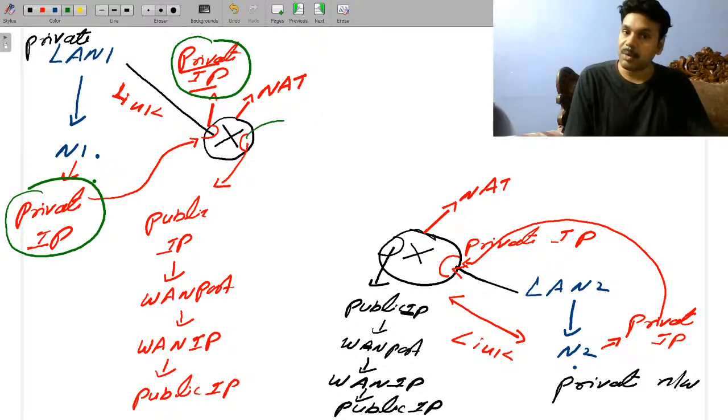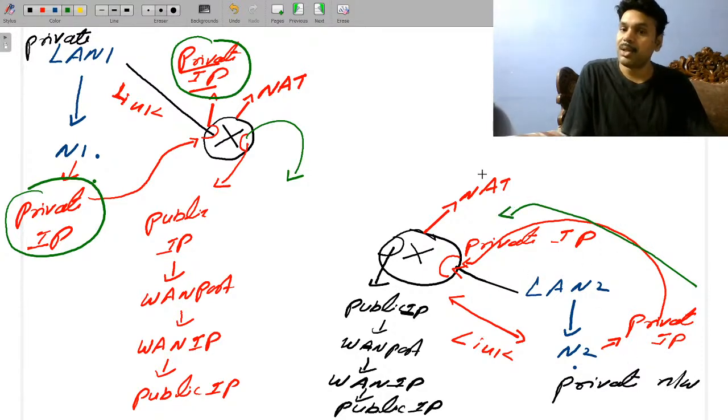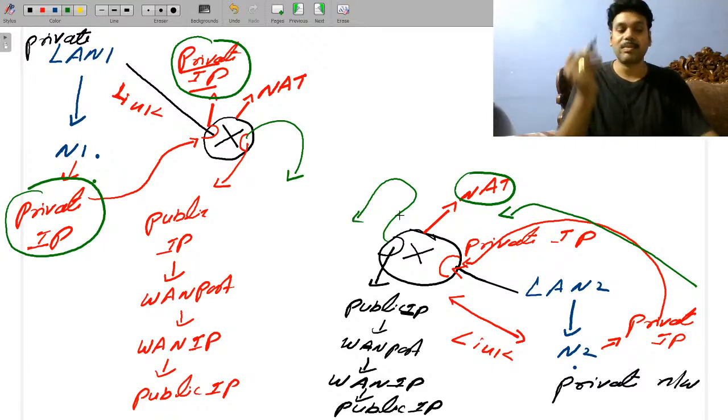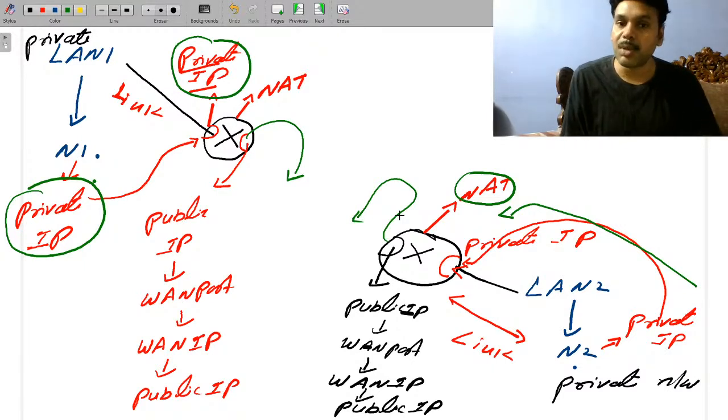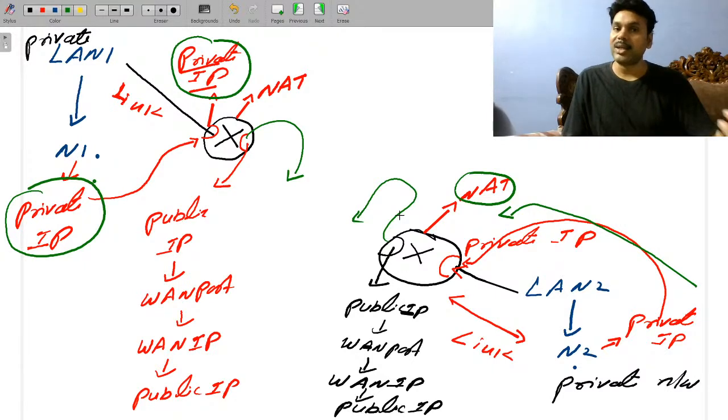Now you have become a public format. Please understand. And here, on this side, we will look at now. He can communicate only up to a private IP. The router tries to put you into a public member by doing network address translation. Now you become a public member. Both of them become public members, and this particular network and this particular network are being communicated